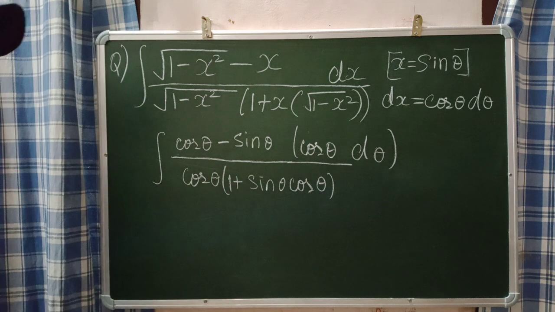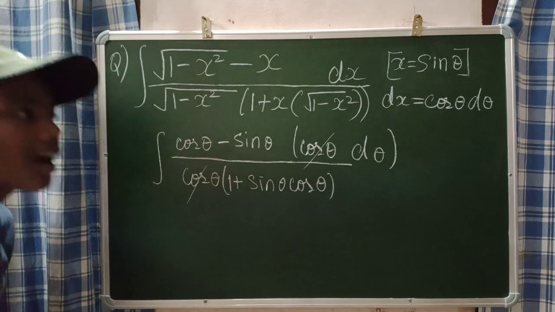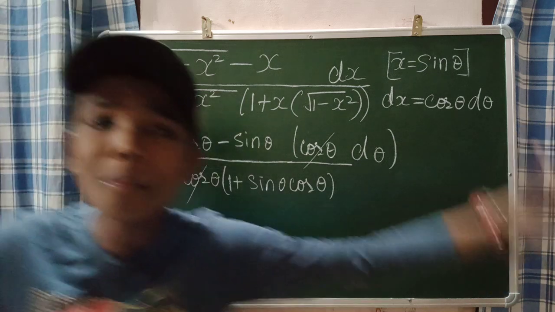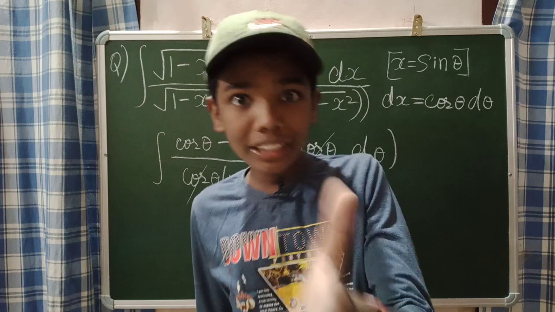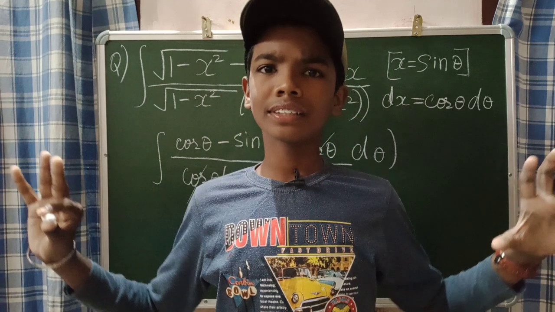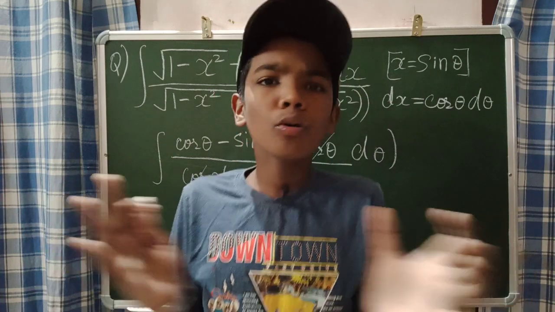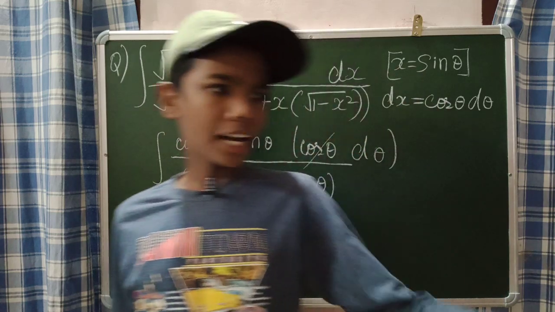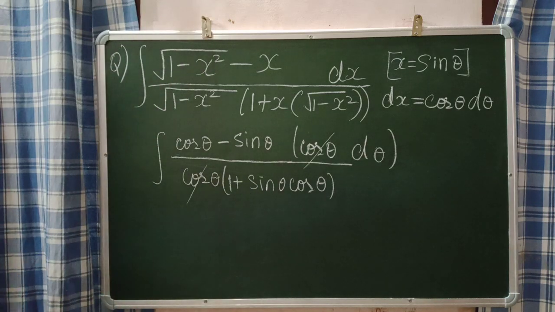Now see here, this cos theta will get cancelled. So if I take x as sin theta and dx will be cos theta d theta, so many values are getting cancelled and it makes your job easier. And that is what your motive is. If you make the integral as easy as possible, then only you get good marks, and then only you can solve this question correctly. Correct? Because that is the motive of everybody solving this question. So this is what I did.